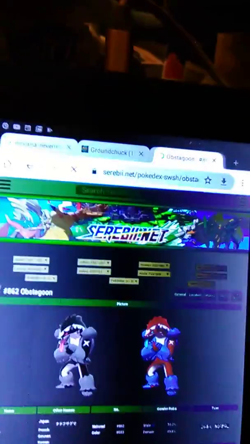He is found where you find Galarian Ponyta in Shield. I'm in Sword. I'm not exactly sure what drops there, but you find him in basically the forest with all the mushrooms. You touch the mushrooms, and then that gets the gremlins going or something. Okay, now